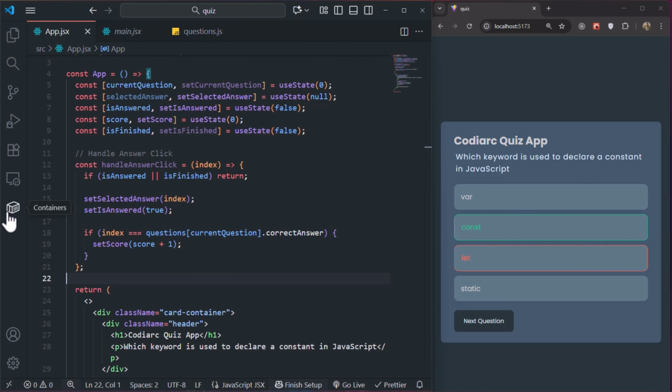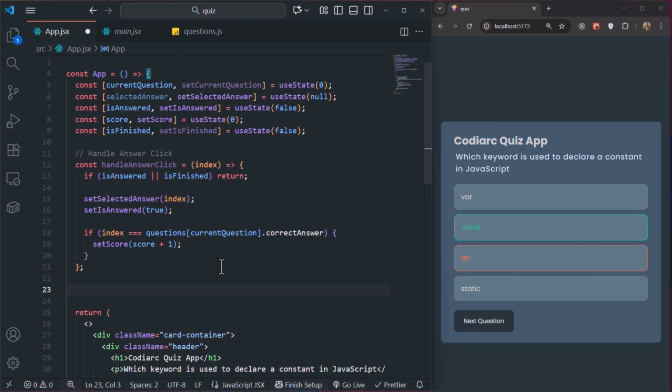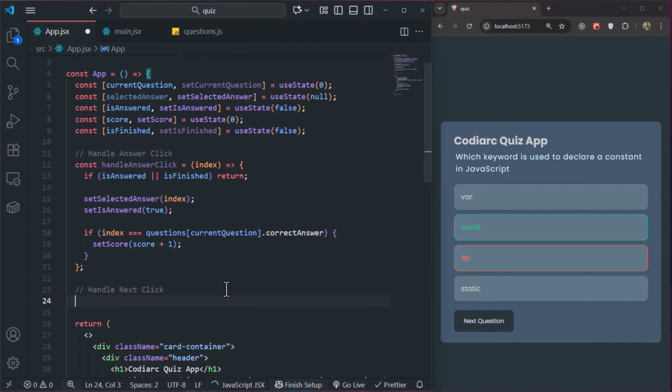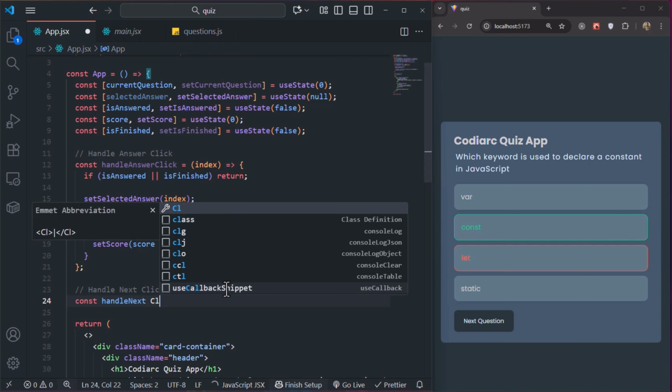Let's go for the handle next click, and we're going to handle this button. So if I click on this, it should go to the next question. const handleNextClick,